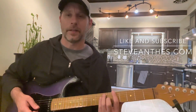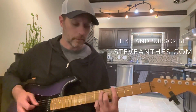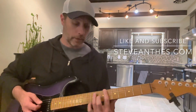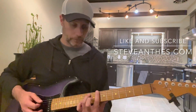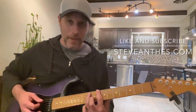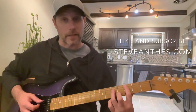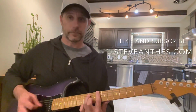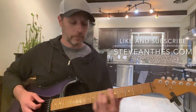Some sliding ideas. Now notice this, I slid to C. So this here at the 8th fret of the low E is the same power chord as at the 3rd fret of the A string. Hear that? A little bit of different tone, but